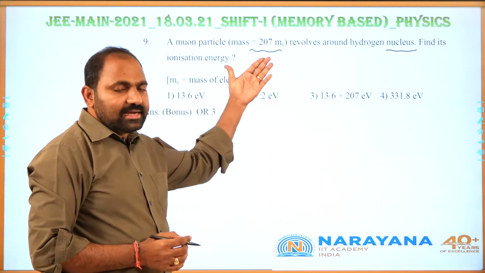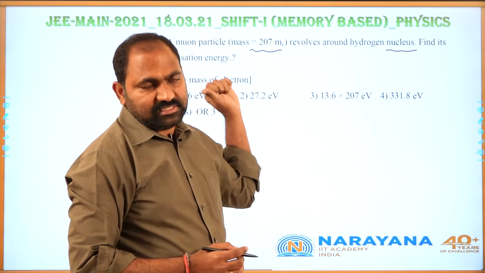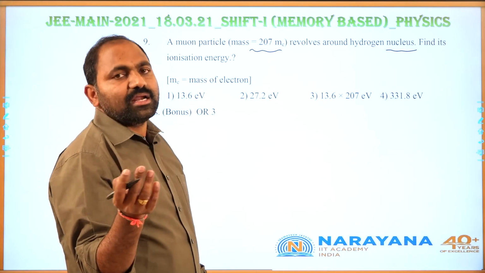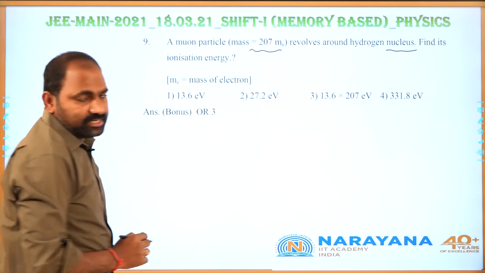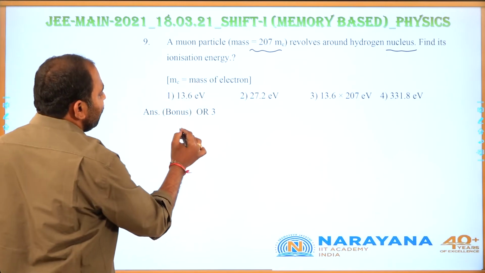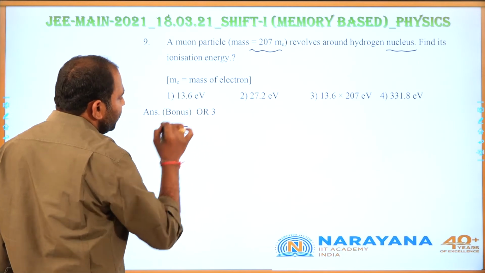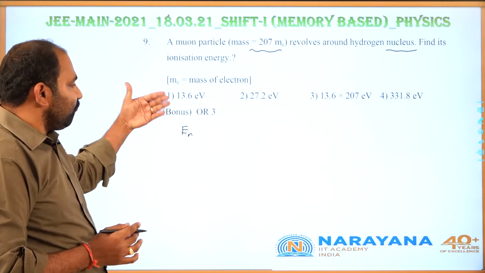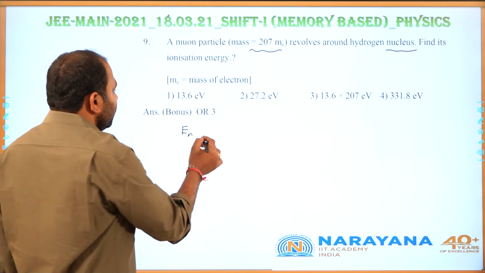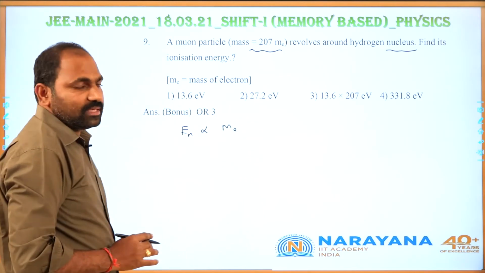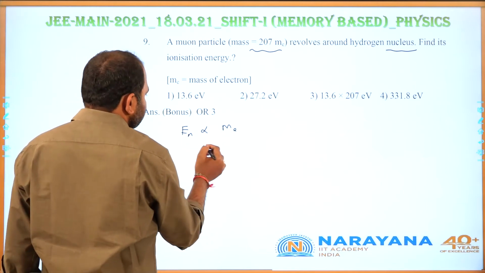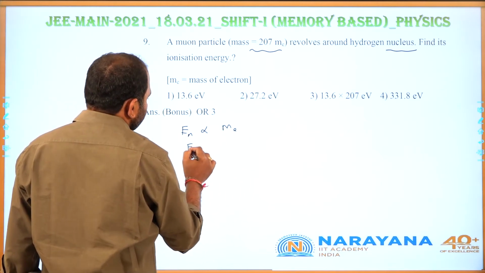Suppose you neglect the motion of the nucleus, just like an electron revolving in the hydrogen atom, he is asking about ionization energy. We know that the energy of an electron in the nth orbit, while it is revolving in a circular orbit, will be proportional to the mass of the electron. So it can be written as some constant into